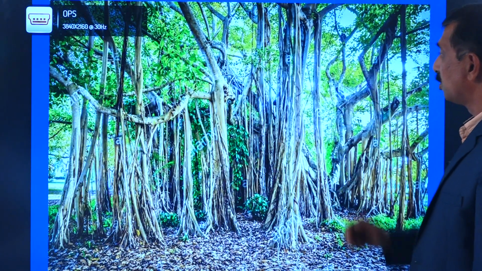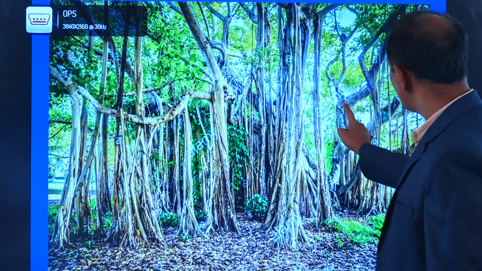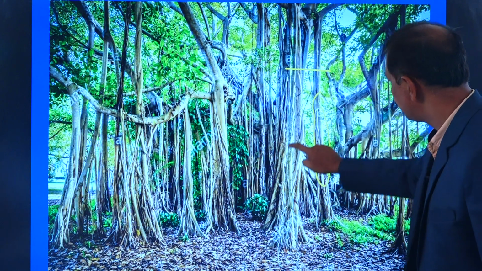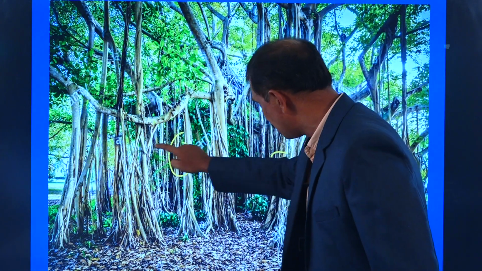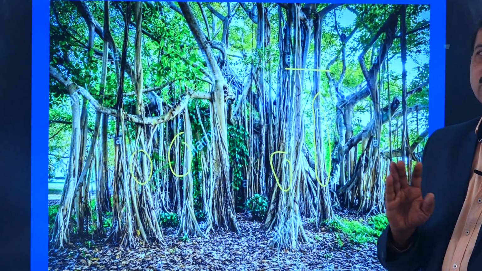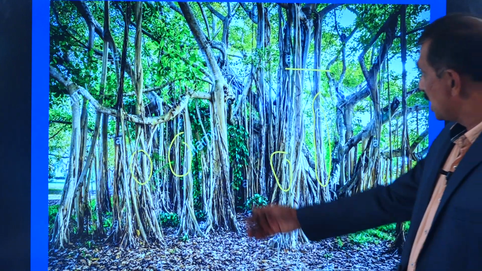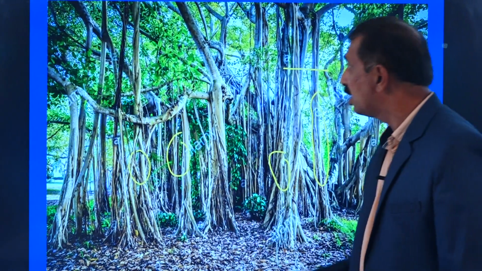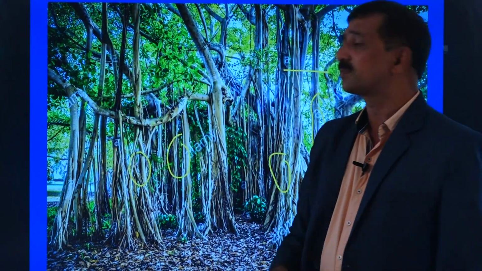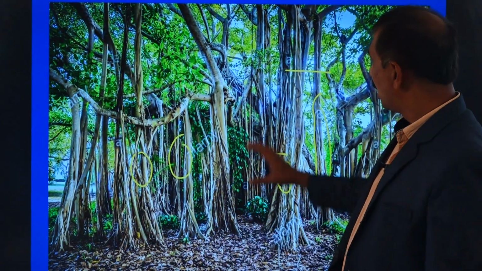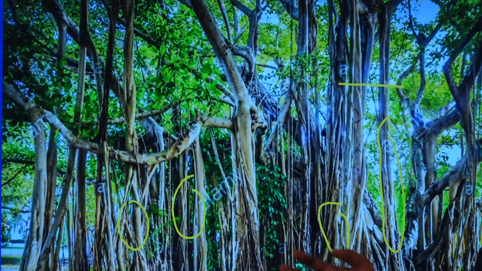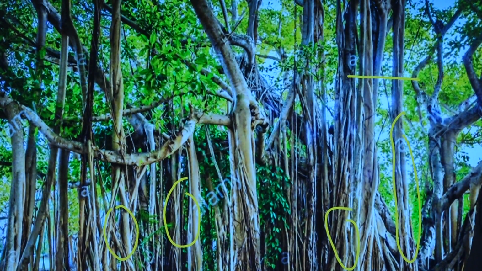See, here this is the main stem, and these are the prop roots. These prop roots look almost like a stem, but they are not stem because they do not have any nodes and internodes. Once these prop roots reach the soil, they automatically give strong support to larger branches of the plant body. That is why a single mother plant is able to spread its lateral branches far away from its original place.